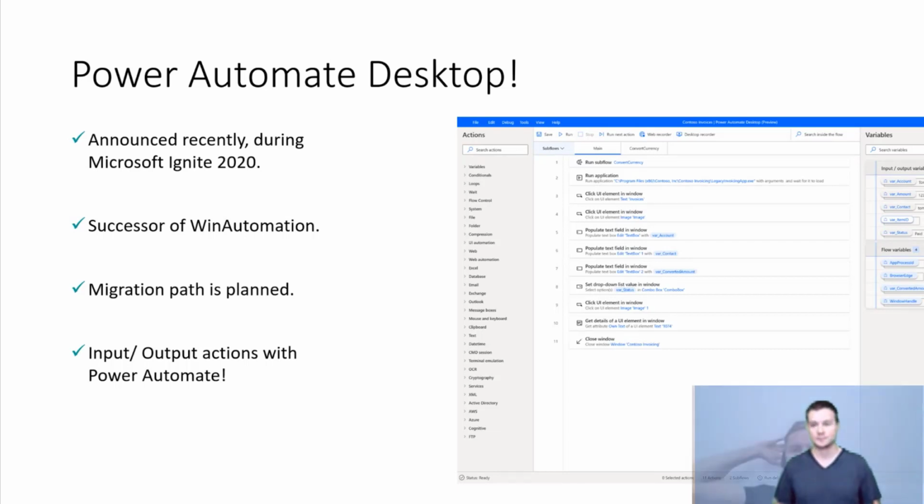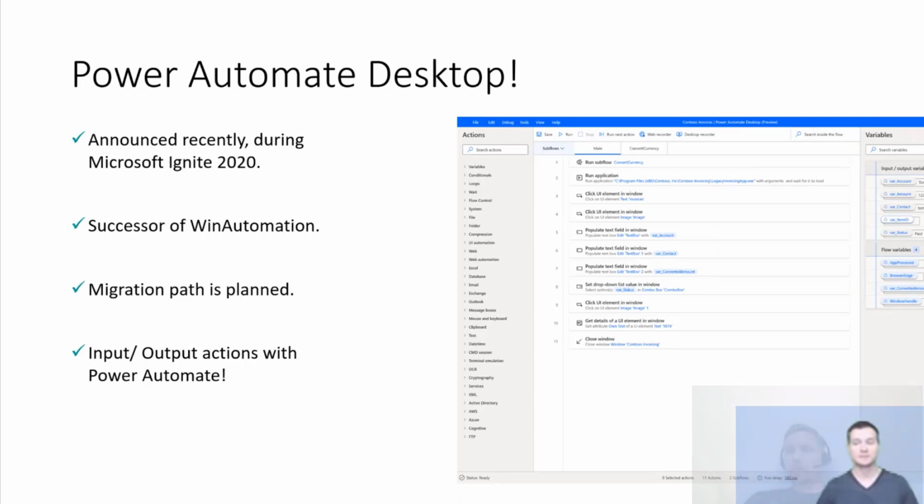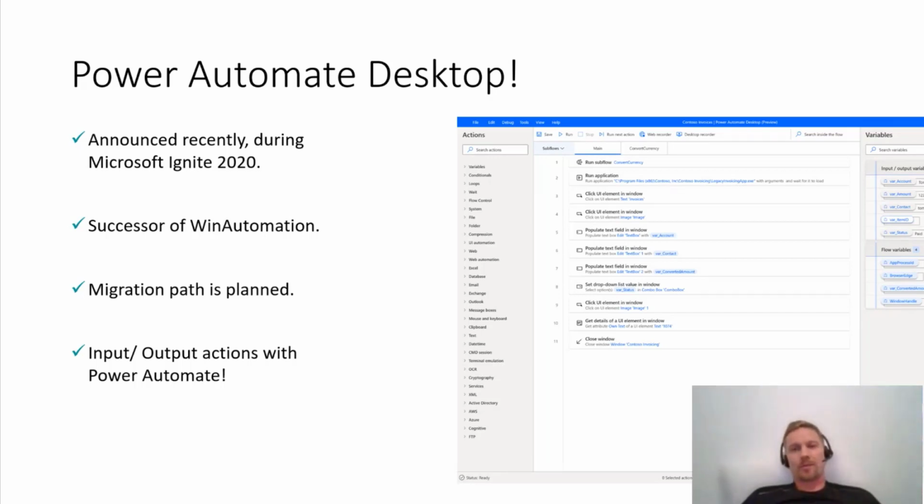So was it May that they made the announcement? In May, they announced that they had acquired Win Automation, and in May they made it public. But how much time passed still? It's quite fast. It is, how fast they came up with this Power Automate Desktop. It seems almost production ready already, so it's a good job. Yeah, it was really, really fast work.